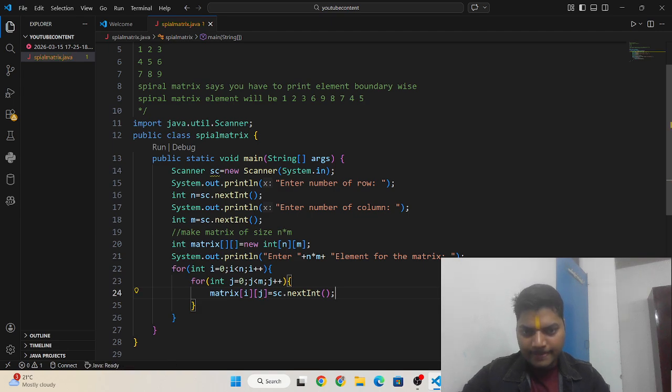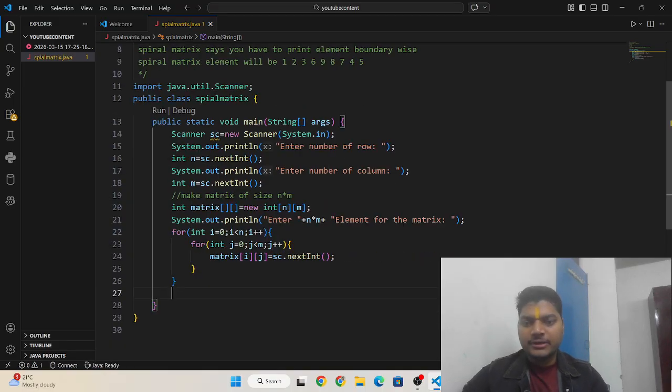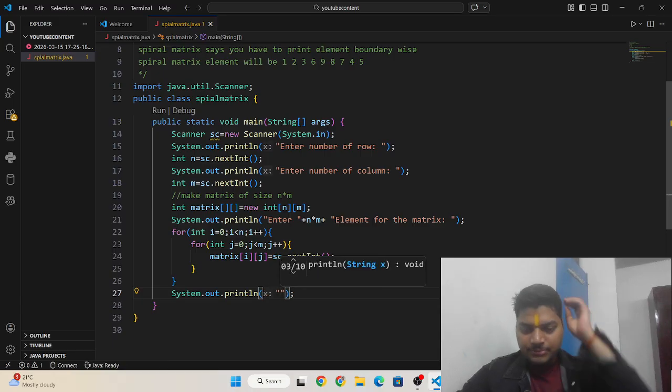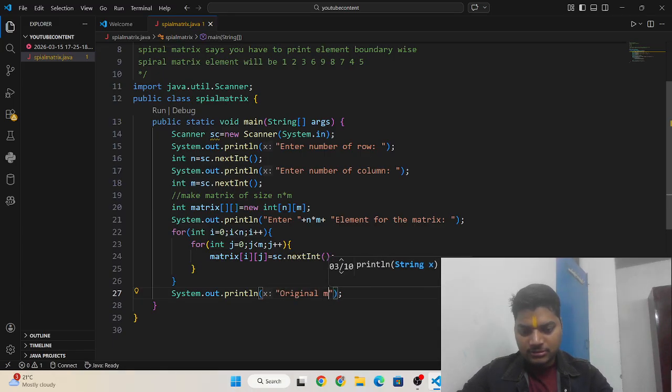Okay, and after taking elements for the matrix, I need to print that, so I need to write here I am printing the original matrix given by user.